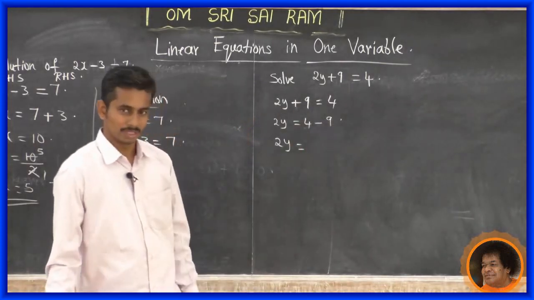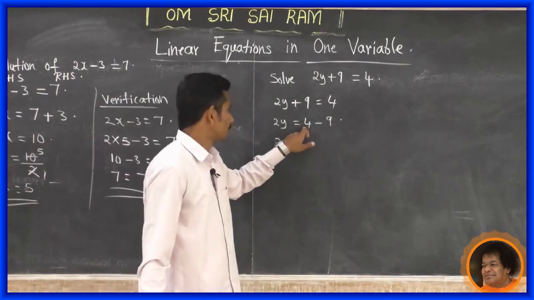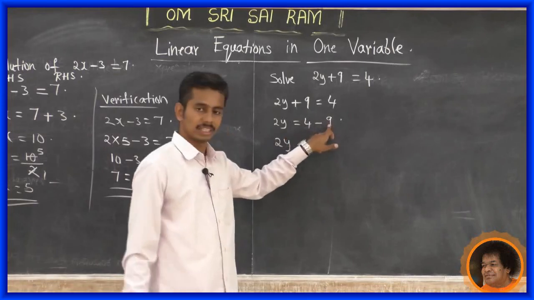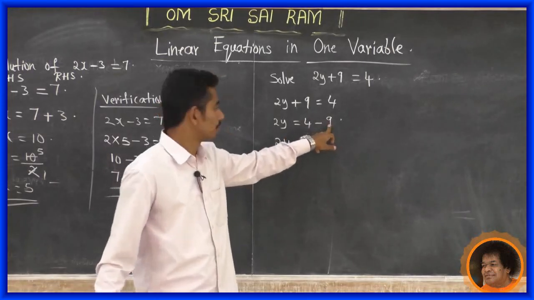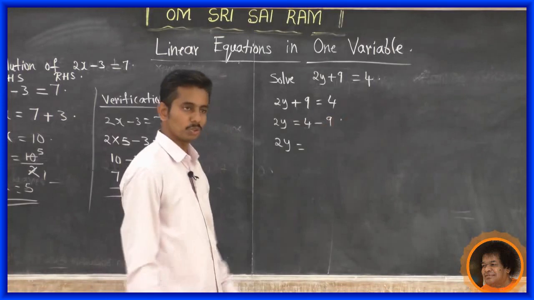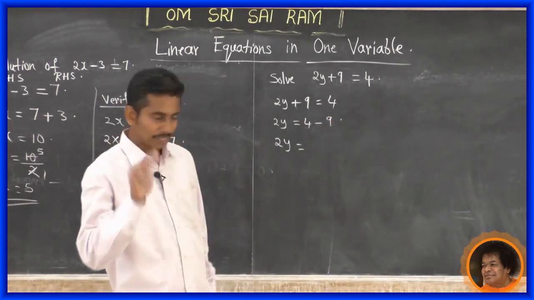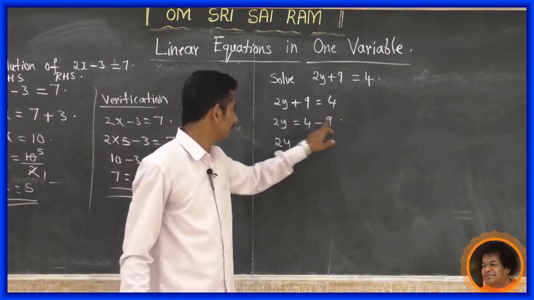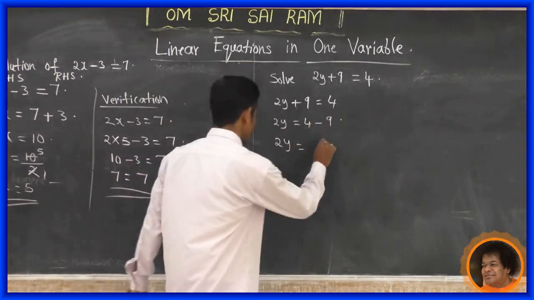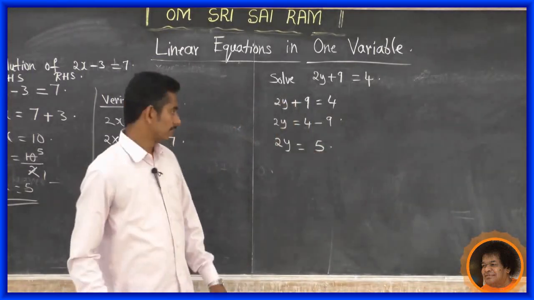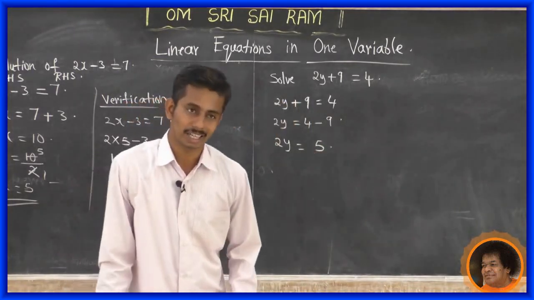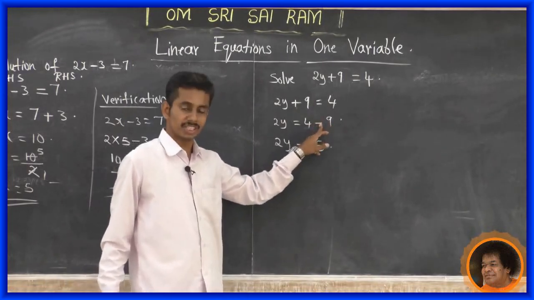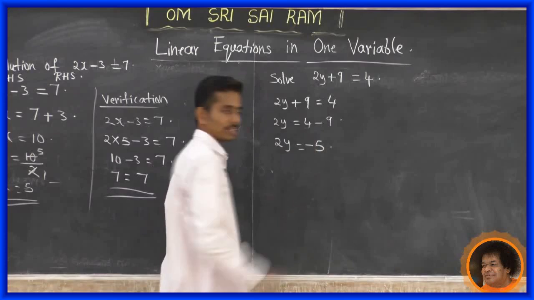This is the problem. The smaller number has a positive sign. The greater number has a negative sign. What to do? In this case, subtract the smaller number from the greater number. That is 9 minus 4 is 5. Then add the sign of the greater number. Which one is the greater number? 9. What is the sign it has? That is minus. So this is minus 5.